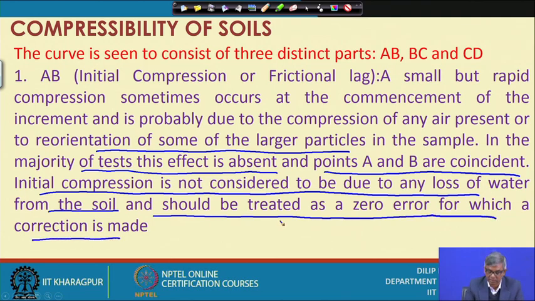That means you have the curve like this, initial portion, and then it will be straight. So, this portion can be taken as an error or correction. So, this is what is happening. Consolidation means when the volume change is taking place, the same amount of volume of water is going out. Okay. Here, up to this B point, we are considering that there is no movement of water. It is because of many other things which are listed here.